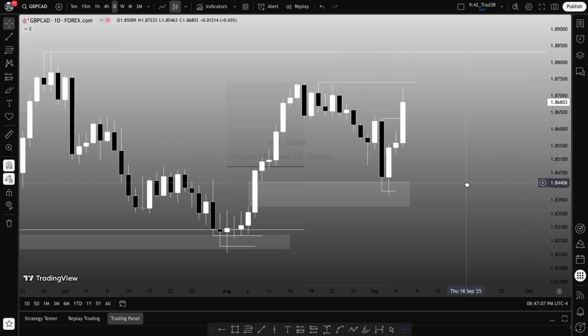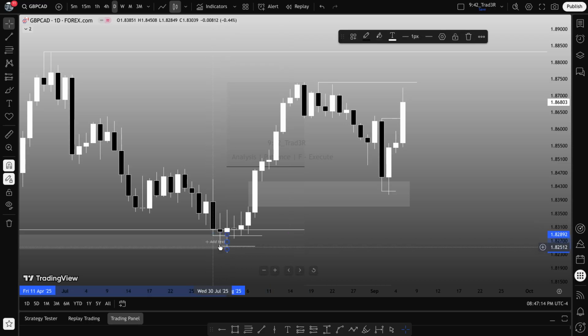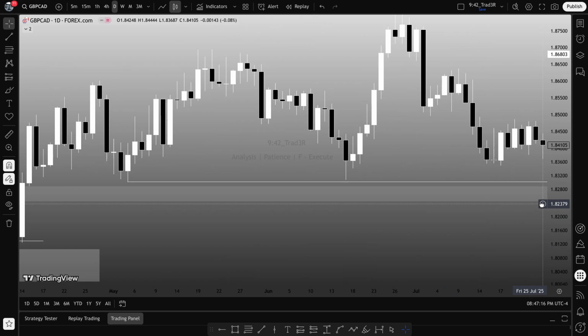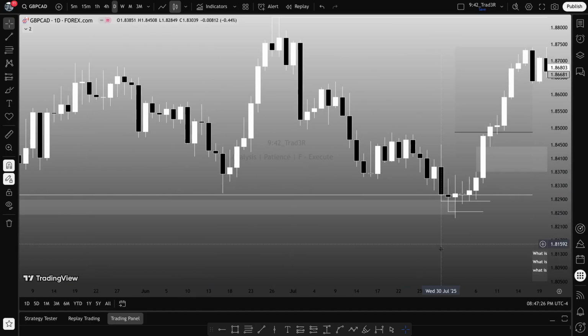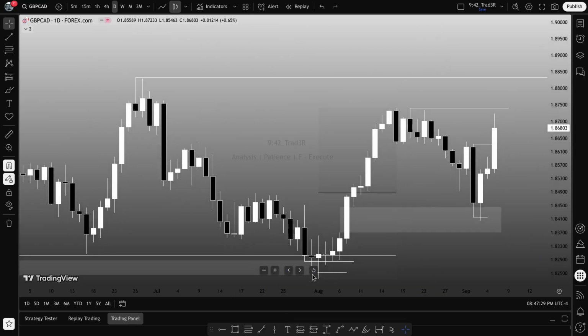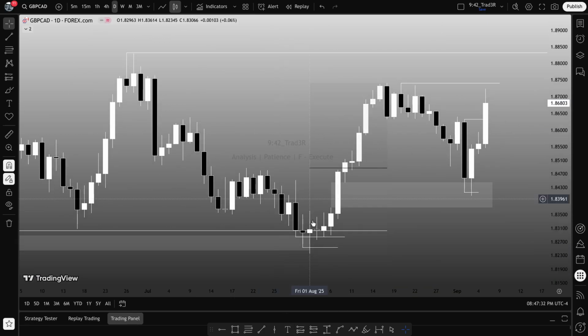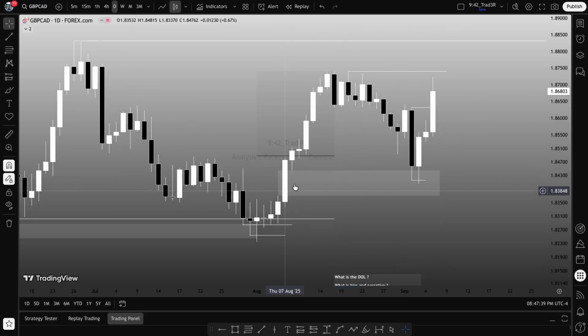let's zoom in pretty nicely. We can see on the daily that price took liquidity into an old key level here, which is a daily fair value gap, and you can see this was the gap between these three candles. Daily fair value gap took out old lows, and we expanded higher, a massive expansion to the upside. So price now came back in a retracement form, before we hit this daily key level, which is the fair value gap,